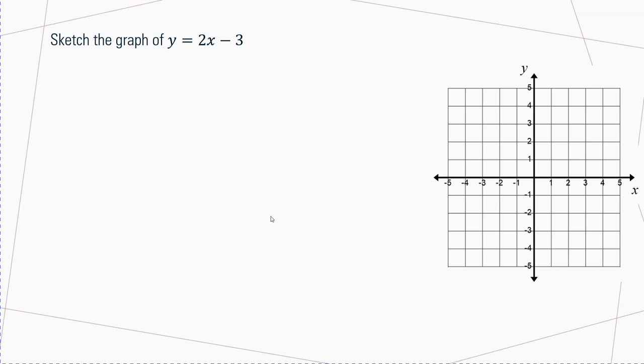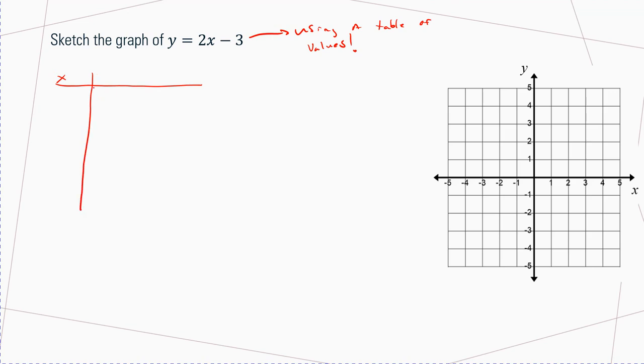The way I'm going to show you how to do this is with a table of values to find ordered pairs. So you have this equation, y is equal to 2x minus 3, and maybe I have no idea what this looks like. What you're going to do is set up a table of values. You're going to pick the x values,